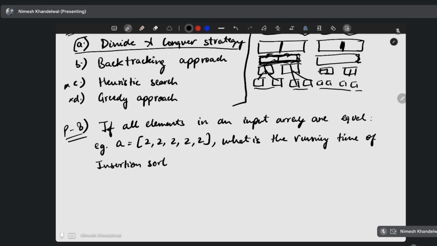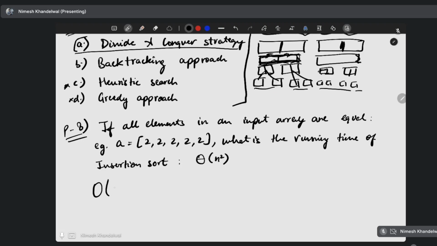insertion sort? So the worst case complexity is n squared, that we have already seen, right? Because we have to traverse the entire array at least once for each element of the array, so it is basically n times n elements. So it's basically n squared operations at least, in the worst case, right? But what is the runtime